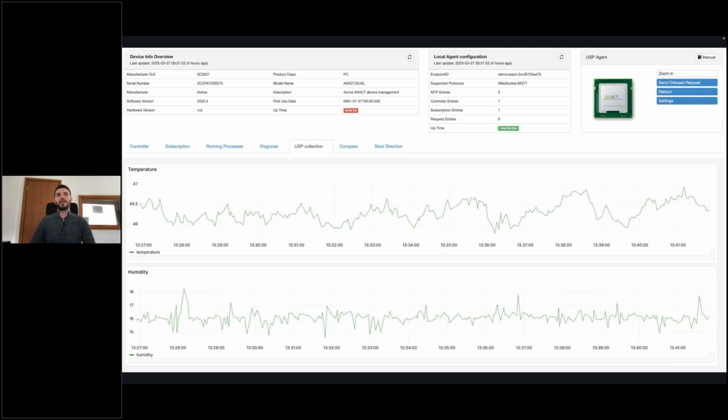And this is running on a Raspberry Pi, and the whole idea is to try to push the limits of that particular device and of the agent and the ACS in order to stress test, to see how fast we can get the information from the device, what we can do with it, testing out the bulk data configuration, the different subscription modes, and so on.